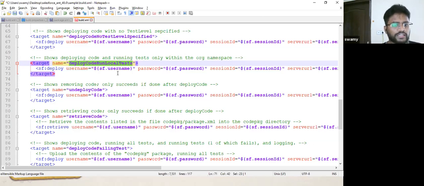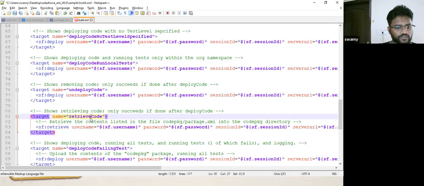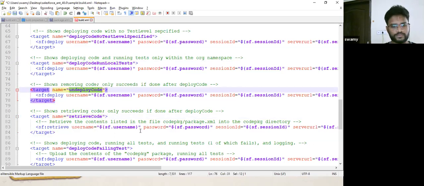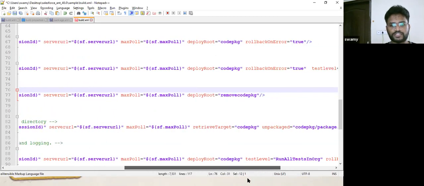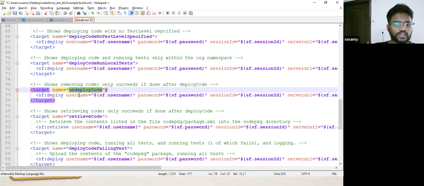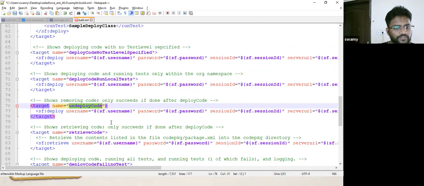For that, there is a different command, that is deploy all. For local, this is deploy code local test, and retrieve code is for retrieving the code. This is the undeploy code, right? You have deployed something and you want to remove that. So here you can do that, undeploy.